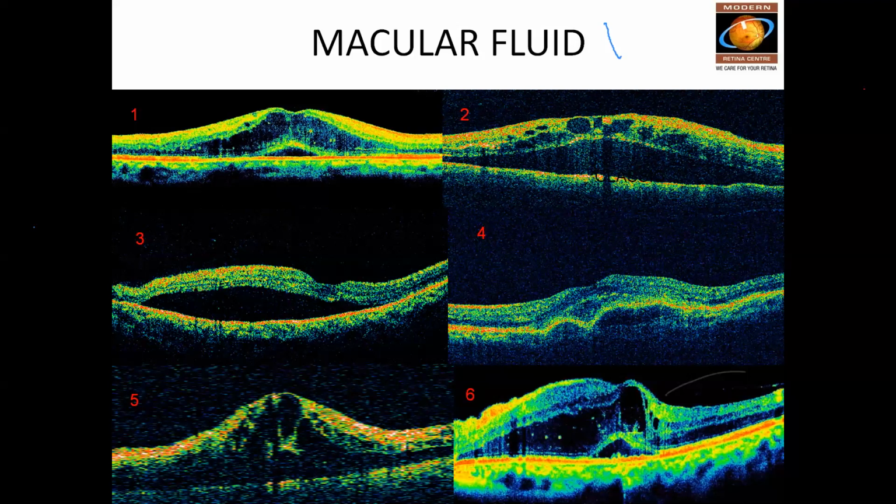Previously, the time domain OCT gave only the macular area, not outside the macula, and the area of the scan was less. The choroid also would not be seen. But now with the newer swept source OCT, it is seen. Another point I wanted to add: when you spoke about classic and occult, classic and occult are usually described on a fluorescein angiogram, not by looking at the OCT. Retrospectively, we can look into the OCT and say that it's classic or occult, but by definition, classic and occult is determined by fluorescein angiogram. These are the only two things that I wanted to add.